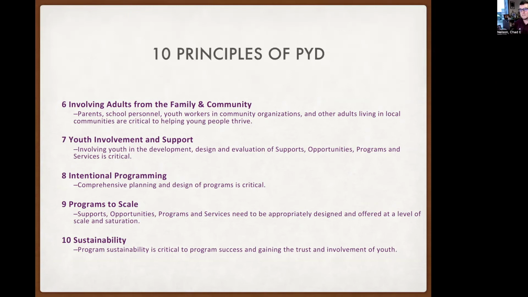Intentional programming, I've said this a few times already, but the comprehensive planning and design of programs is critical. It's going beyond "I have a heart for kids, I just want to work and help kids." It's having that knowledge as a practitioner: my kids are at this age, and these are some age-appropriate activities. And that doesn't mean, oh, this is inappropriate, this is too adulty. It's programs that will challenge them, but meet them where they are. That's a critical piece of understanding where youth are coming from and meeting them where they are, and not expecting them to be at some other level that's cognitively not available for them. It's like you're speaking a different language.